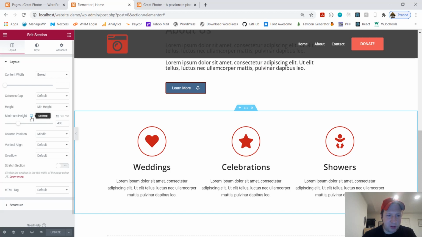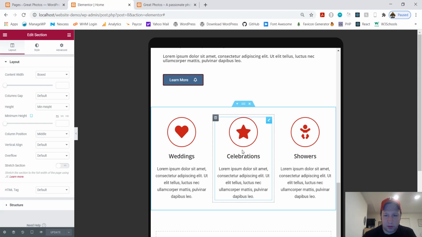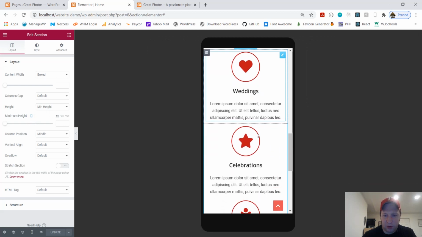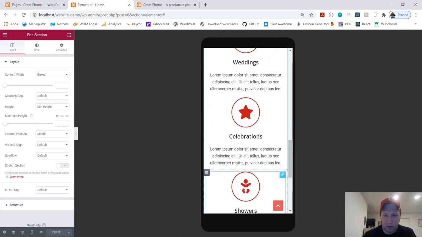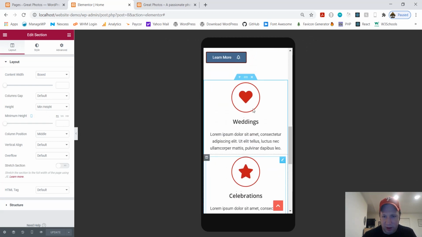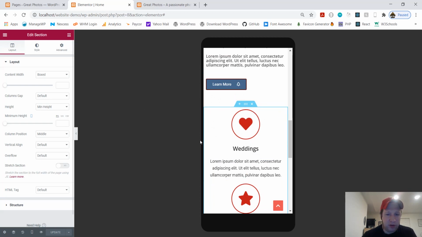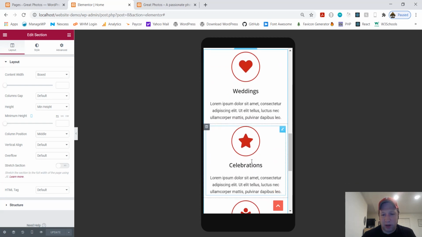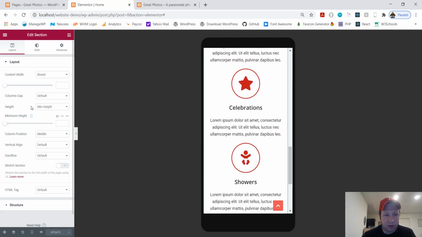Back here in Elementor, remember I said about this, it looks like a TV. Click that and then click tablet. So it still looks pretty much the same. It shrinks it a little bit. Then pick mobile. Now notice how it puts them all in a column now, straight up and down. You didn't have to do anything extra. Believe me, I code. I do CSS, HTML, JavaScript. To get it to do this sometimes is a real pain. But Elementor does that all for you. Okay, it's pretty good.